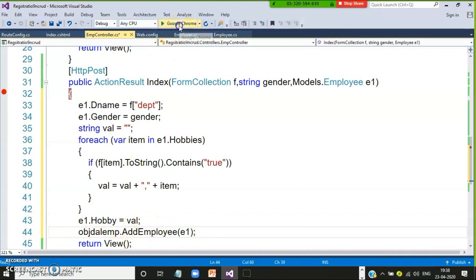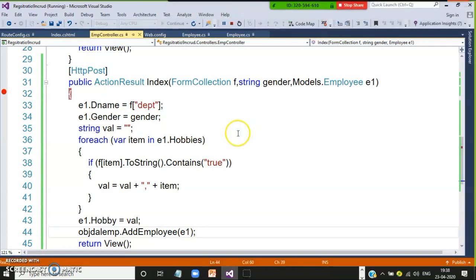So first you check whether all the values are coming or not. Press F5 and check the output. Listen to this example several times and you'll get clarity. Still, if you have any doubt, I will teach again with Entity Framework. This is ADO.NET, and some basic C# skills are required.